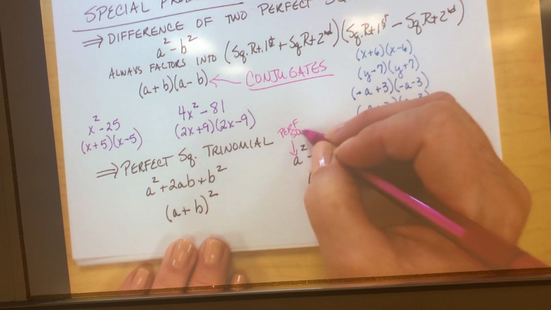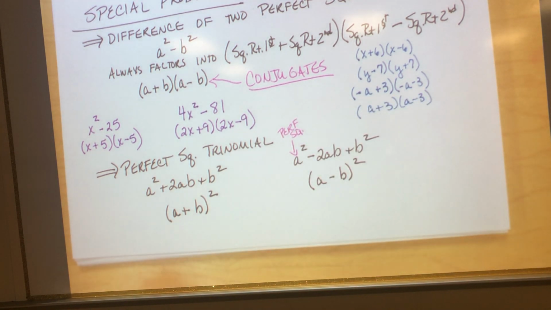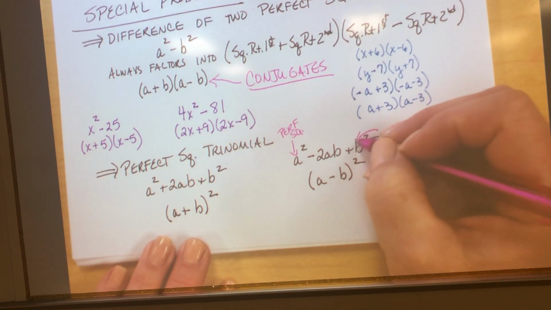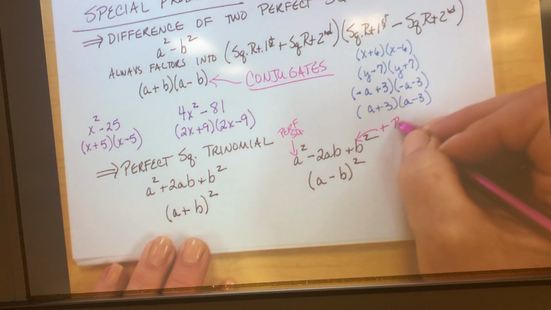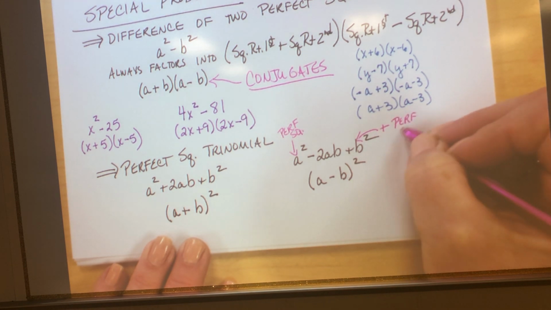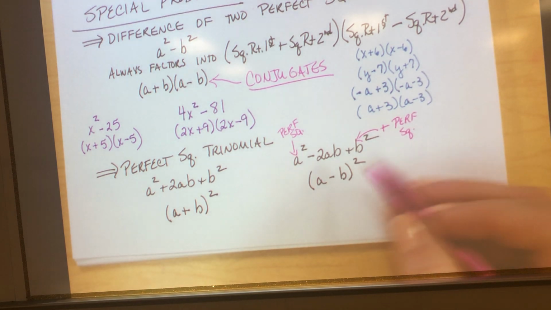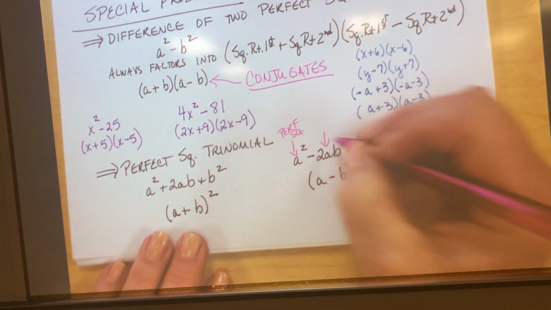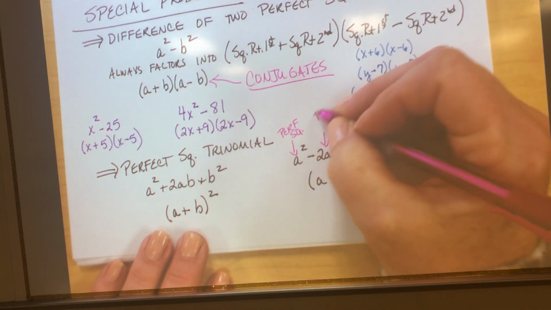If it's not a perfect square, then you go, oh, it's not special, and then you start factoring it the old-fashioned way. This last term has to be plus a perfect square. And again, if it is not plus a perfect square, then you go, oh, it's not special, and you go on. If it is, you have to make sure that this middle term is twice